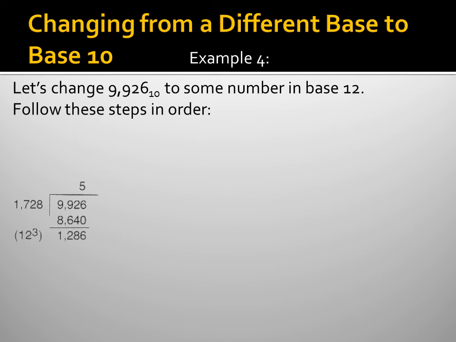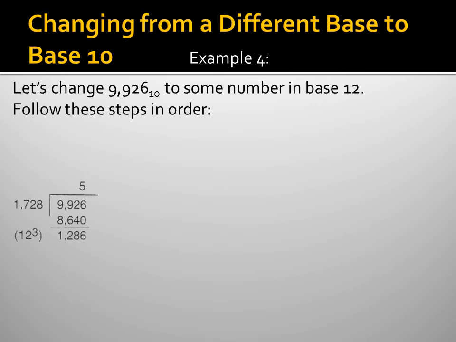We put 9,926 under the division bracket, and we're going to start with 12 to the third power. You could start with 12 to the fourth power if you want to, but if you did, you'd find out that it would be 0, just like we did with the base 4 number. So we're going to start with 12 cubed. It's just kind of a guesstimate to decide, well, I think I'll start with 12 cubed. 12 cubed is 1,728, so that's the number we want to divide into